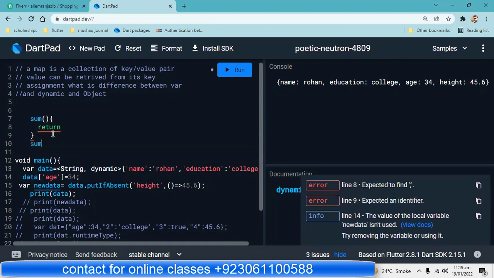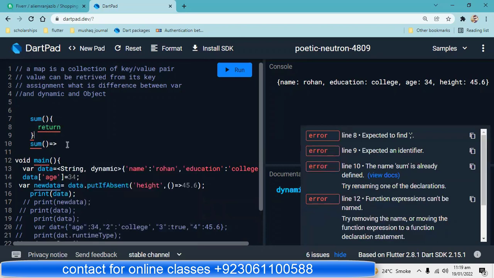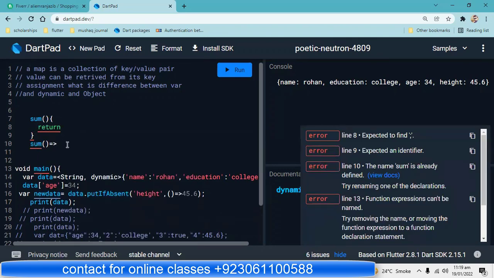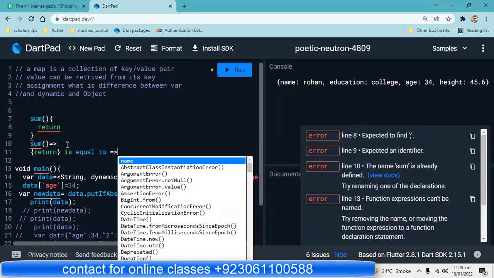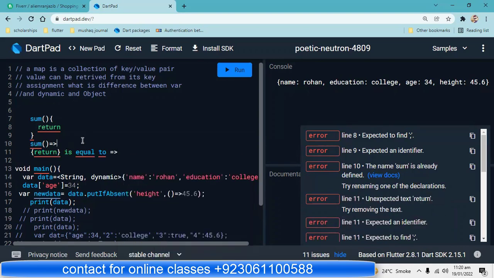The other way is sum this and this. It means that this one and this one is equal to this one. Oh, okay, I see. So you can use that too. Yes, you can use that. But there's a condition. The condition is if you want to show only one statement in the body,